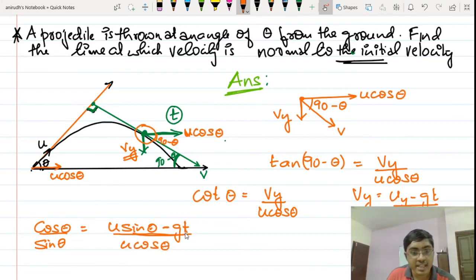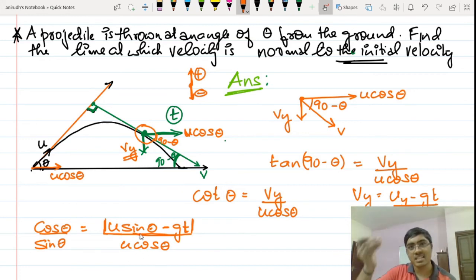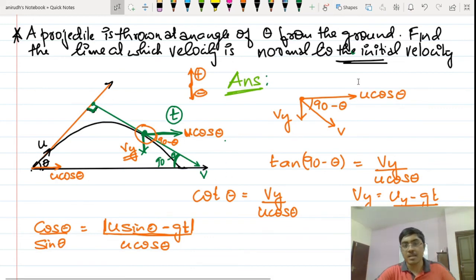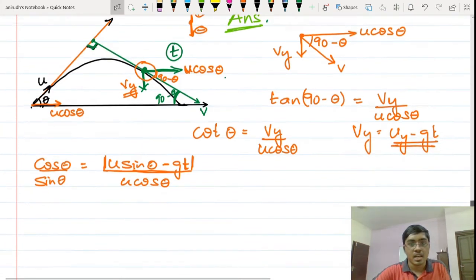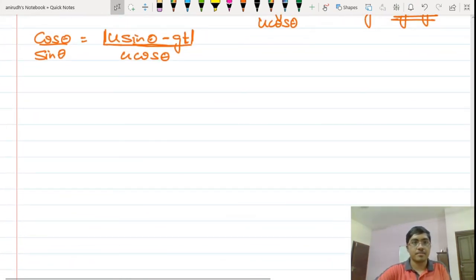Now this is actually a negative value, isn't it? So I will put the modulus here. The velocity by sign convention is towards the downward direction. If this direction is taken as positive by me, then I will have to take this direction as negative itself. That is why we substitute minus g over here. So I'm putting a modulus sign over here. Direction is negative, so the sign is also negative. For proper application of physics, I'm applying the minus sign there. So let's proceed with the further discussion with this.